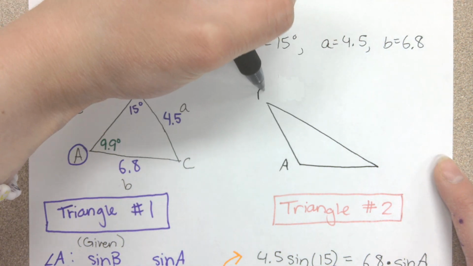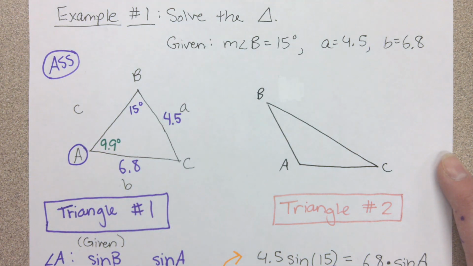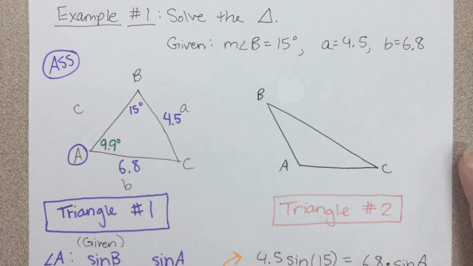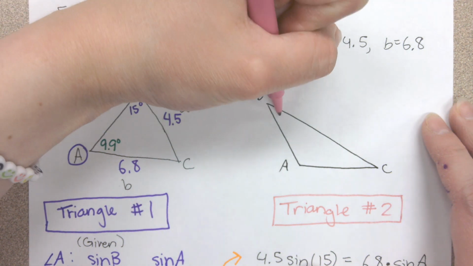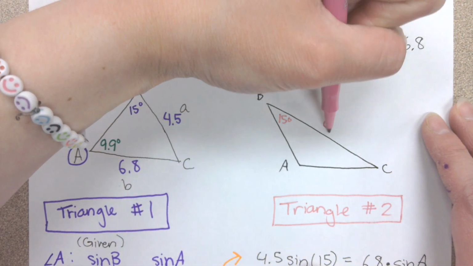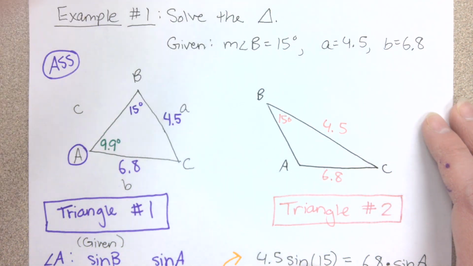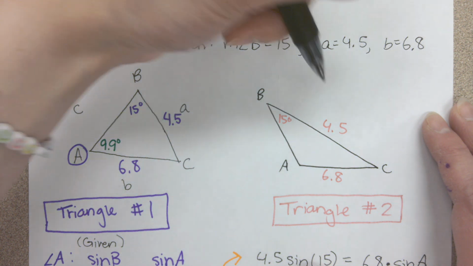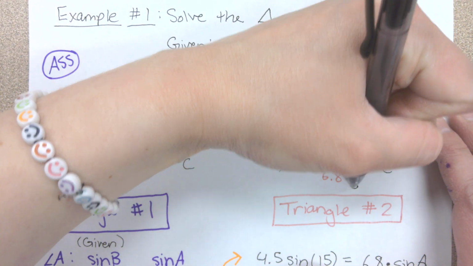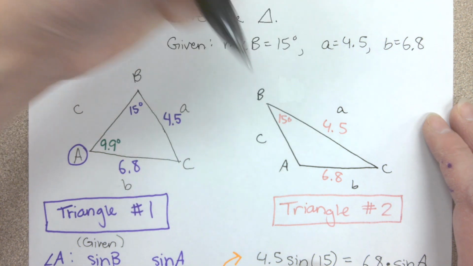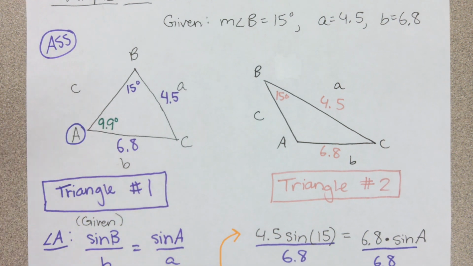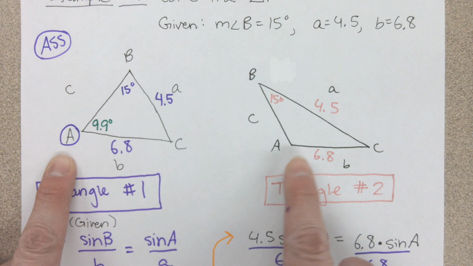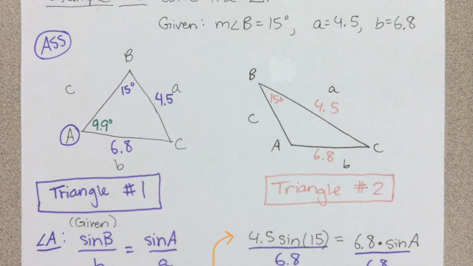So we have A, B, C. And then I'm going to fill in the original information just like I did before. But I'm going to do it in pink to color code with triangle 2. So this is what we have. And we're saying that there could be a second triangle where A is not acute, it's actually obtuse. So how we would get that